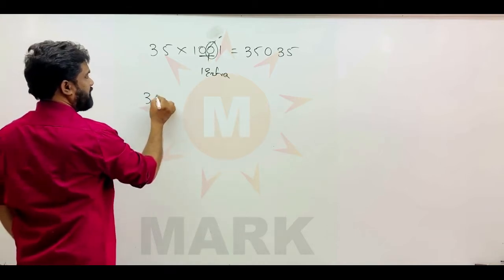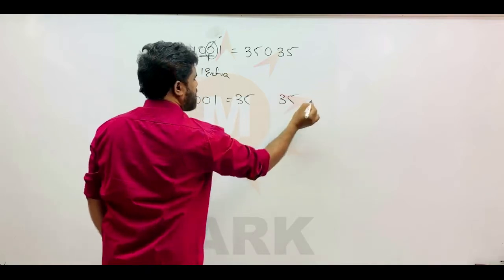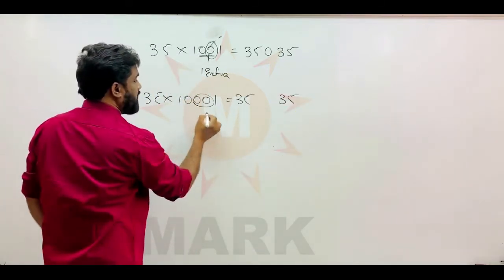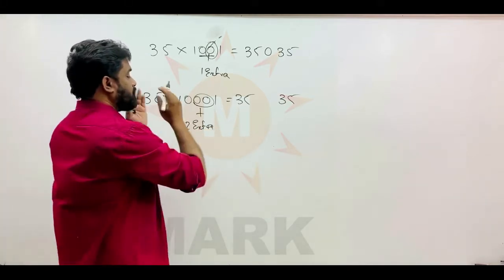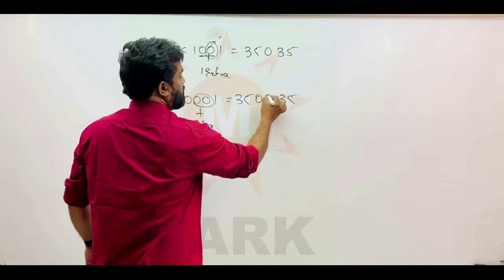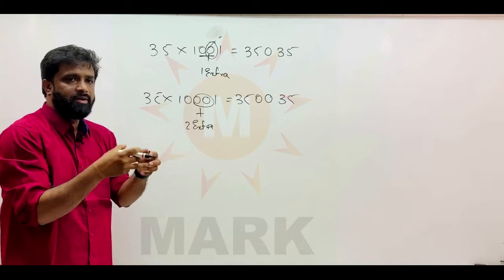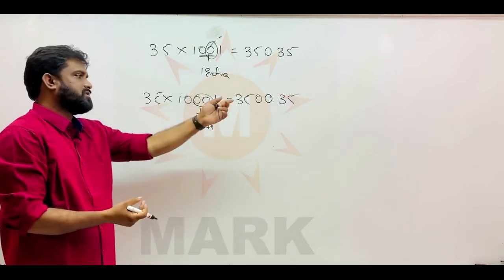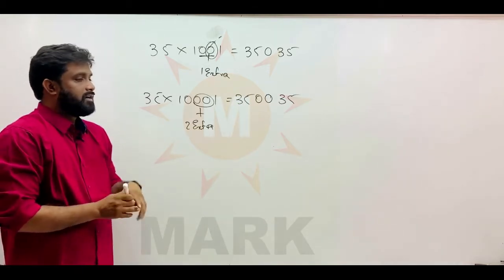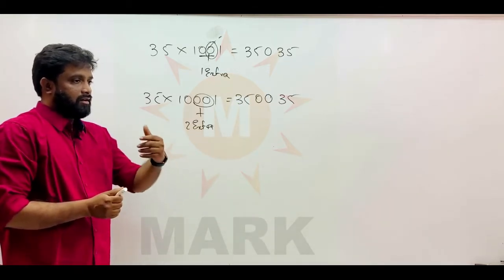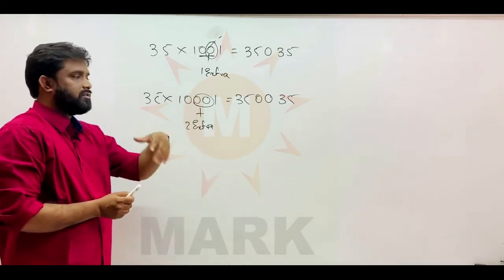Suppose you write 35 into 10001. So 35, 35 will anyway come. How many extra zeros can you find? I can find 2 extra zeros, apart from 101. So you will get 2 zeros. That means in the middle of 101, however many extra zeros you insert, that many extra zeros will come in between the 35s. This is how we are going to deal with 101, the extension of 01s, and the insertion of zeros in 101.